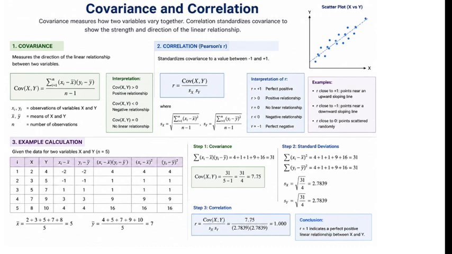Okay, so whether we get 7.75 or 10 or 11 or 12, what do these values indicate? They indicate the relationship between the x and y variables, how the two variables behave: whether they are increasing together, decreasing together, or when one is increasing the other is decreasing. Such a direction is explained only by the covariance. When we get 7 or 10, that indicates a positive relation,